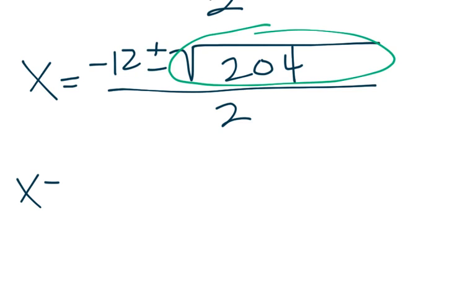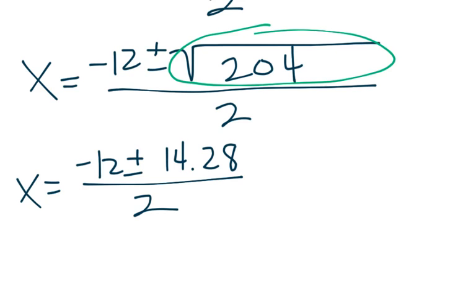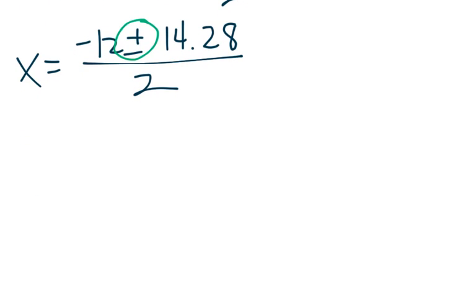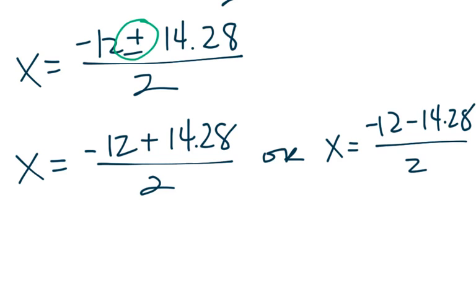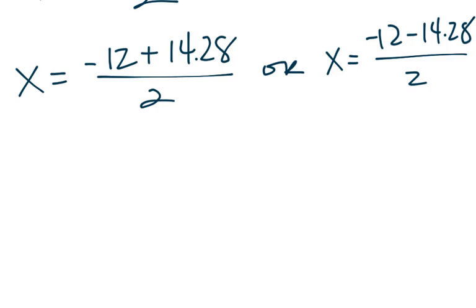So we have x equals negative 12 plus or minus 14.28 over 2. And remember, since we have this plus or minus, that means we are splitting this up into two different equations. So we have x equals negative 12 plus 14.28 over 2, or x equals negative 12 minus 14.28 over 2. On this side, we have negative 12 plus 14.28, and that is going to be positive 2.28 over 2,